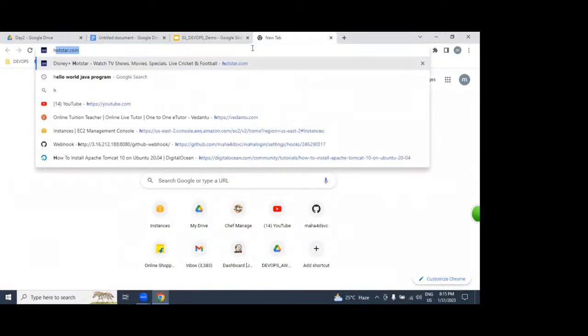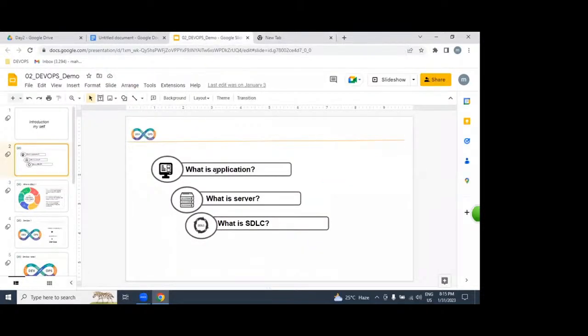These are all what we call applications. What is an application? It is working software which is written in any programming language like Java, .NET, Python.